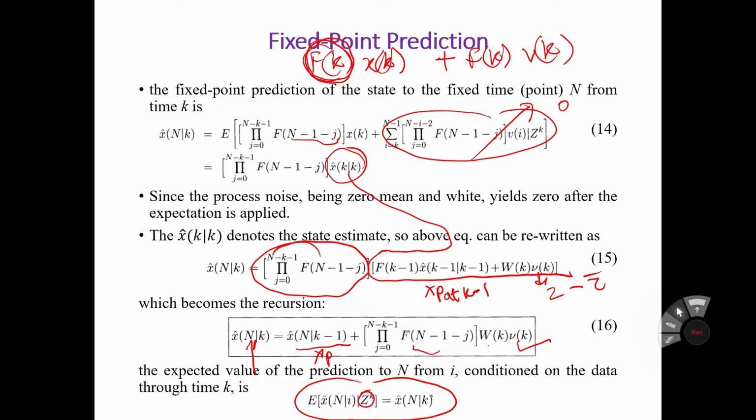Okay, so this i is less than k, so this k includes all the measurements available up to k, and you are finding the data available at k to the fixed point n value. Okay, so this is a recursion form,